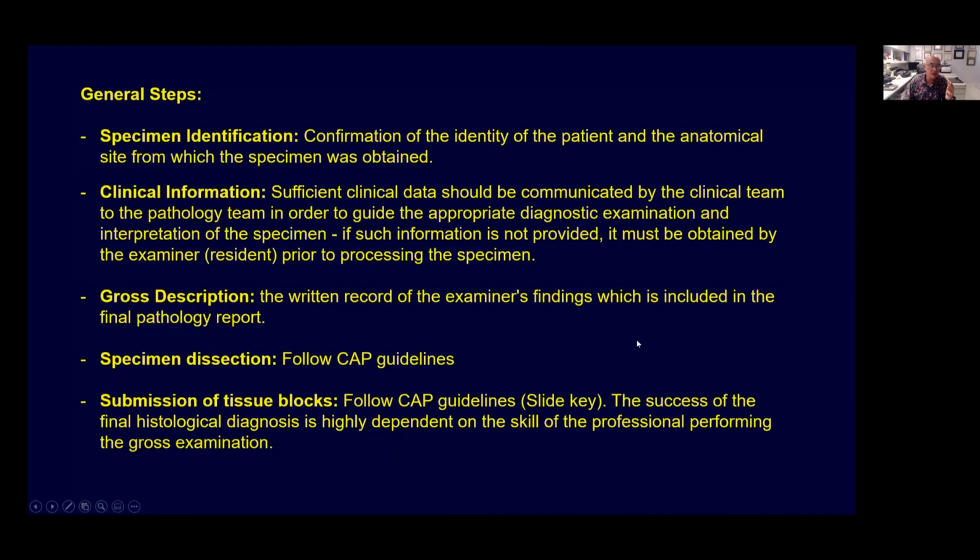So in general, the specimen identification is going to confirm the identity of the patient, as you well know. We have these barcodes that automatically can scan the identification of the specimens. Sometimes we want to double check in case we don't use the barcode. And the most important thing, as always mentioned to everybody when we are doing sign outs, is the clinical